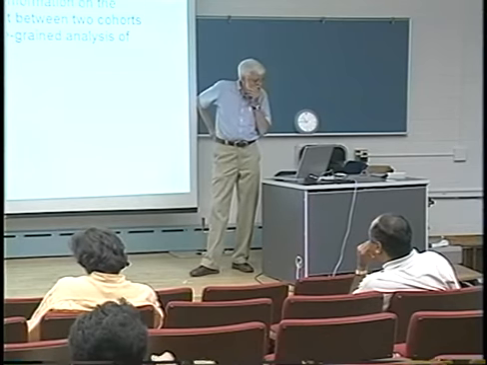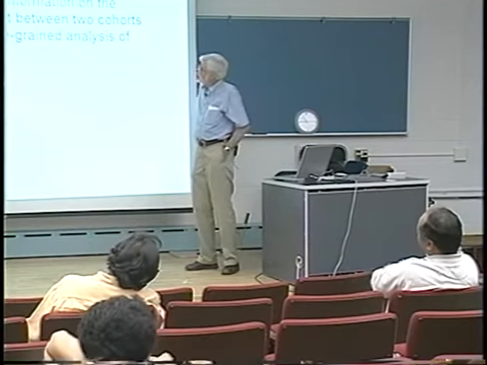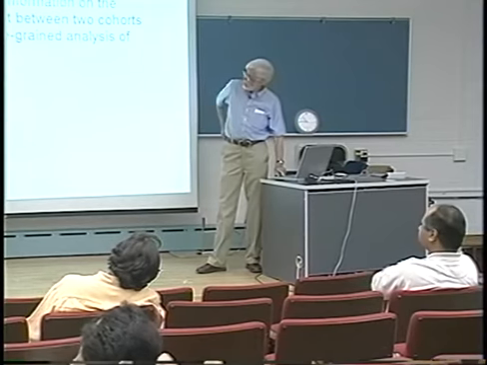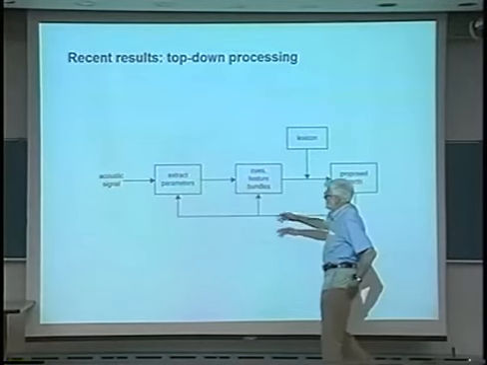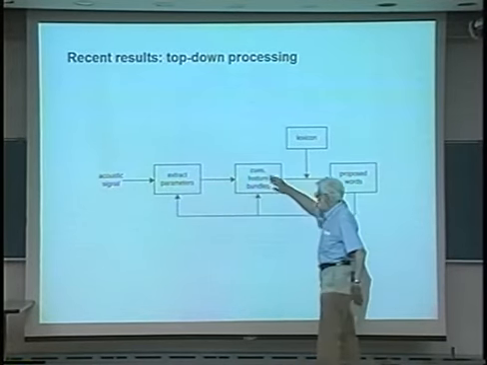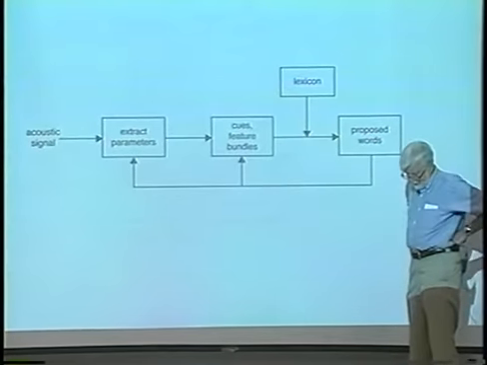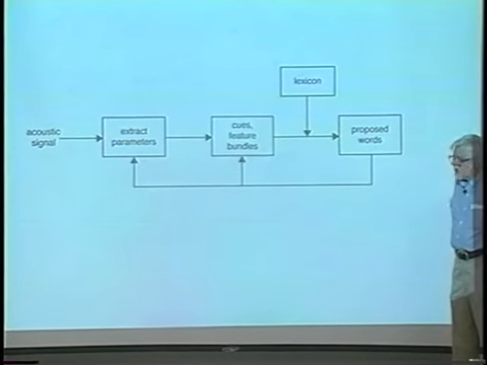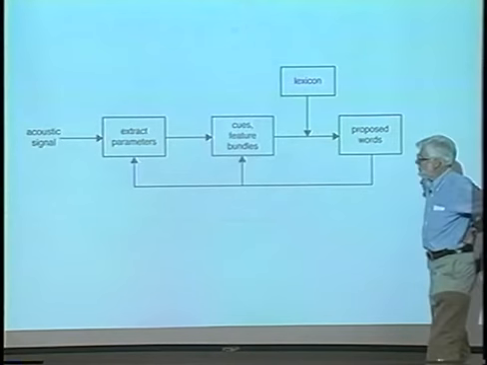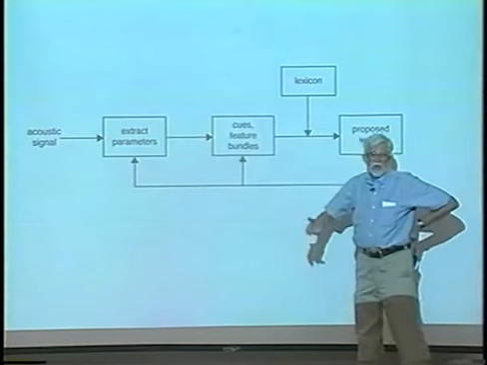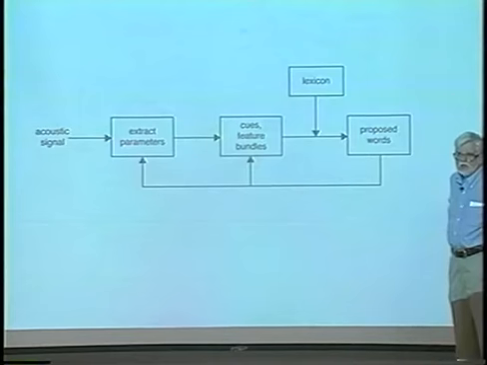And the way it's been suggested, and it was suggested a long time ago, is that you do some kind of top-down analysis of the kind I showed at the beginning here. So this bottom-up analysis, you extract certain parameters, some cues, turn them into feature bundles, get some words, but given that you only have a limited context, some of these features you may be uncertain of. In fact, they will always be extracted with certain probabilities, right? And so you'll end up with a cohort of proposed words here,